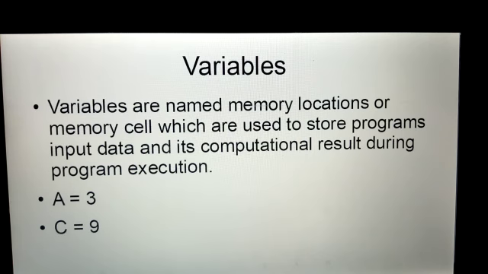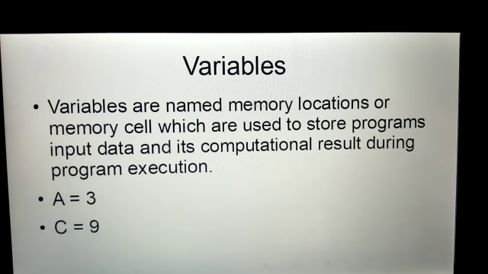If a variable is not assigned any value, GW BASIC assumes the value of the variable to be 0 in case of numeric variables and null for string variables. If you don't assign any value to a variable, in case of numeric data it is automatically assigned 0. In case of string data, it is assumed to be null.